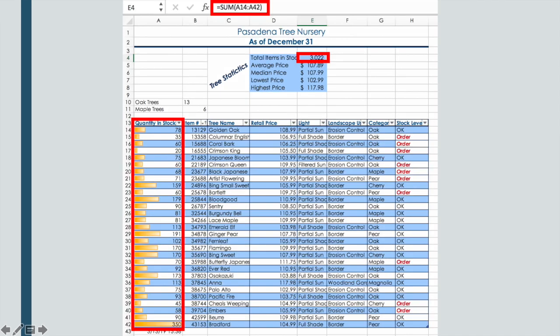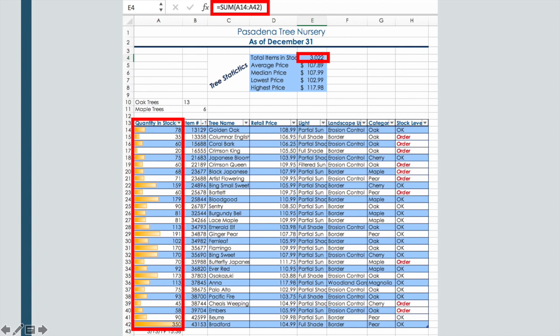So the next step is to use logic or calculations to solve a problem. And you can see highlighted in the big red long box, that is the quantity in stock. And then just on top it says the addition of all of the numbers in the quantity in stock, and then on the formula bar you can see that it took the sum of columns A14 to A42, which is